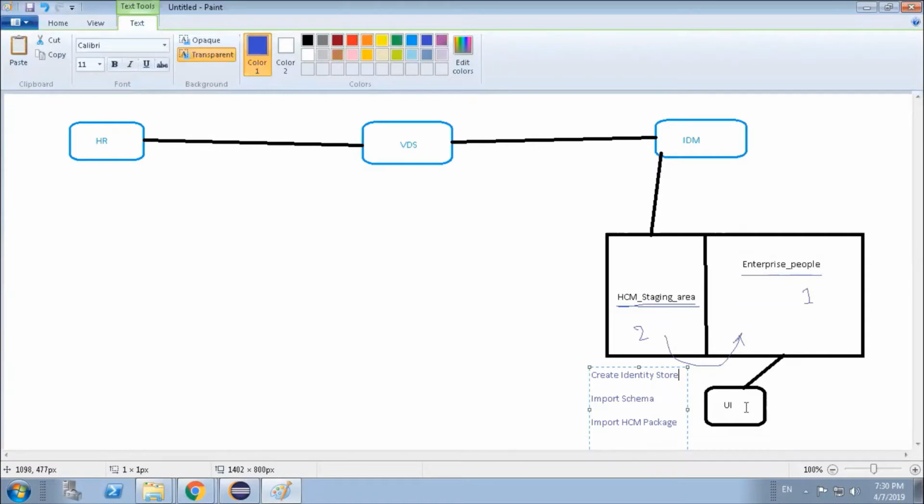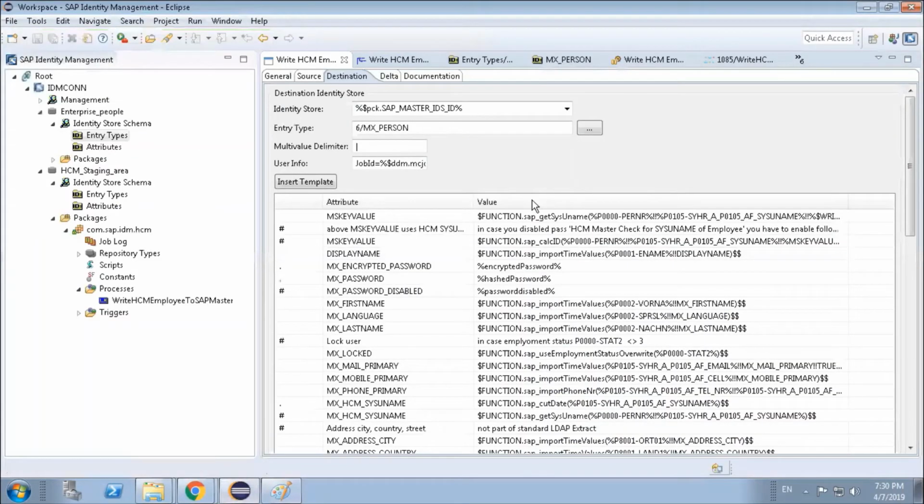Okay. Here one question. If we don't maintain the user ID in 0105, what happens? The ID will be created as its partner, as a MS key value. So suppose the partner is 8-digit, 1 2 3 4 5 6 7 8.